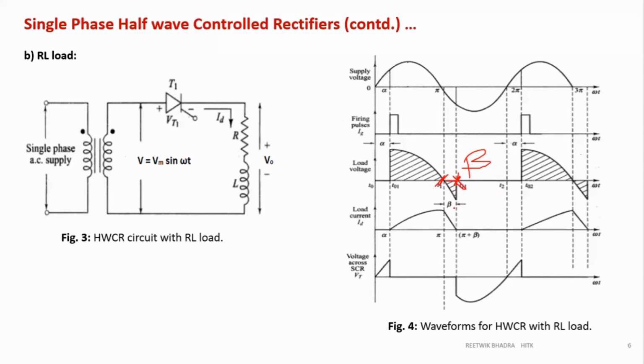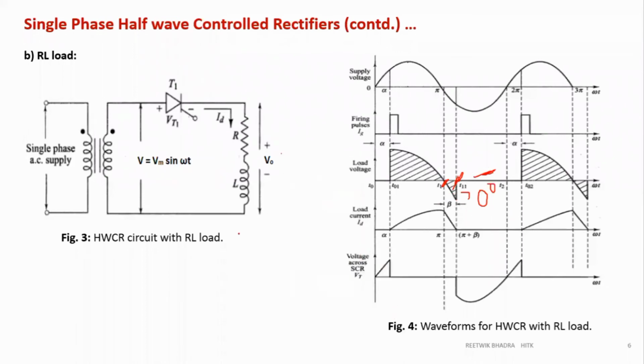You can take this small gap as beta and show this as pi, so this point will be pi plus beta. Whichever you want to show, you can draw it, but according to the value given you have to realize which value it is. If it is given as 210, that means this point is directly 210. If this gap is given as 30 degrees, this point will be 180 plus 30, that is 210. That is what I am telling you.